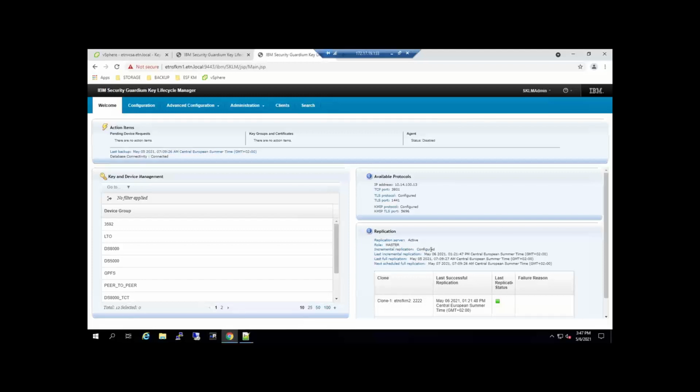What's the incremental replication? Well, if you, for example, encrypt a new virtual machine, or if you add the ETERNUS system to the KeyM, there are some keys generated for each key group. After such a change, when there are new keys on the KeyM server, you will see that it requires replication to the clone server, and then KeyM, at a specified interval, will replicate the changes to the clone. So each one of the KeyM servers is in an equivalent state. But we'll get to that in a minute.